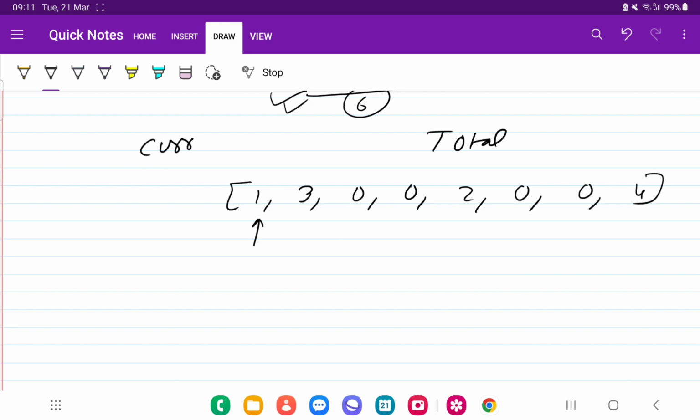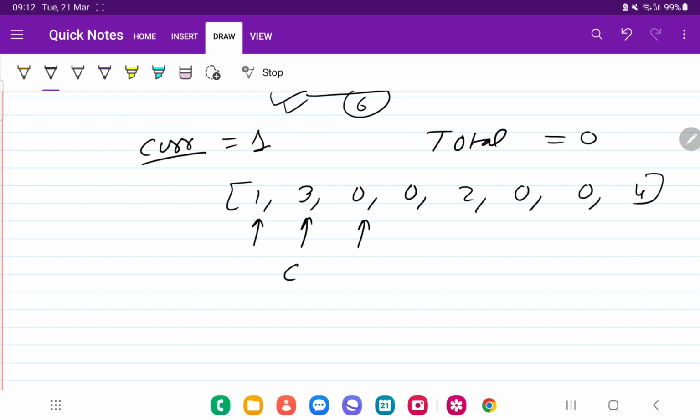As soon as we get a 0, we are going to increase the count of current. The first element is non-zero, so the count will be 0 only. The second element is also non-zero, so the count will again be 0. As soon as we reach the third element, we got our first 0, so we are going to increase the count by 1.